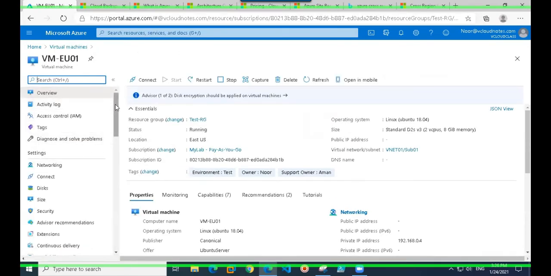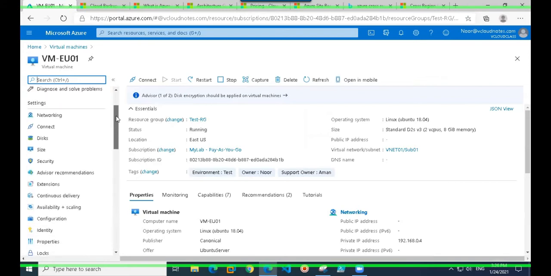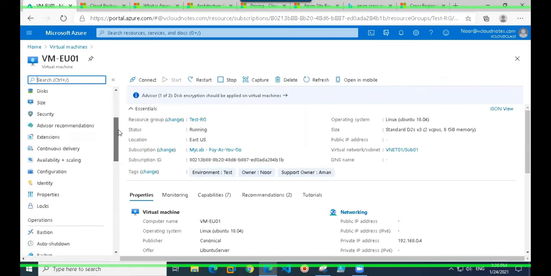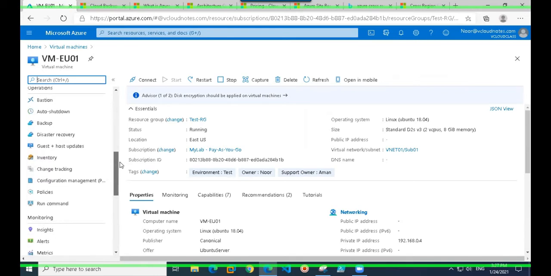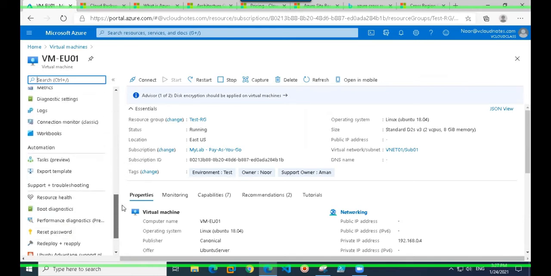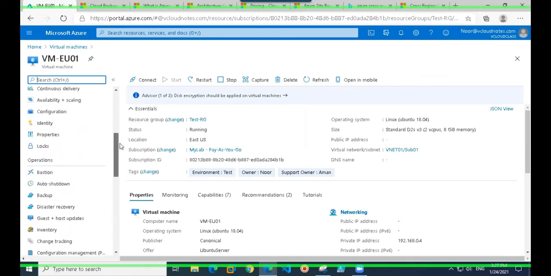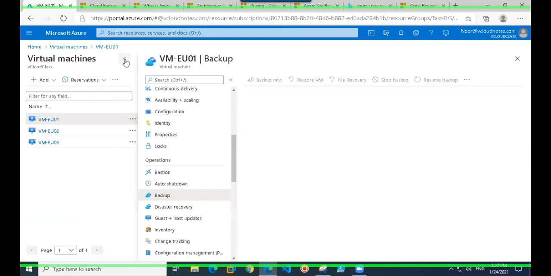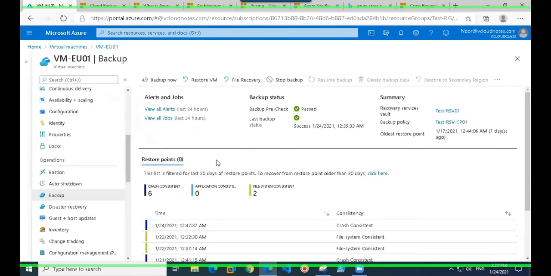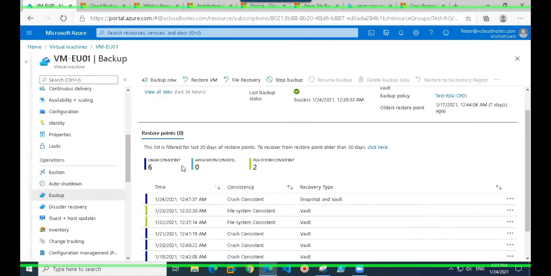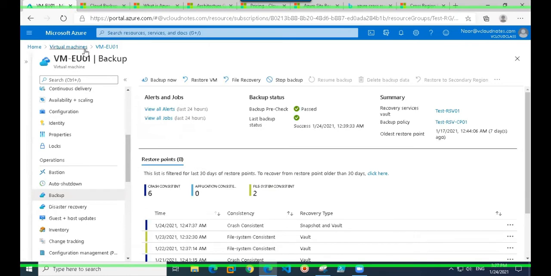So you are on the VM blade for which you want to enable this backup, right? Go to operations, backup. Okay, this VM already has backup enabled.